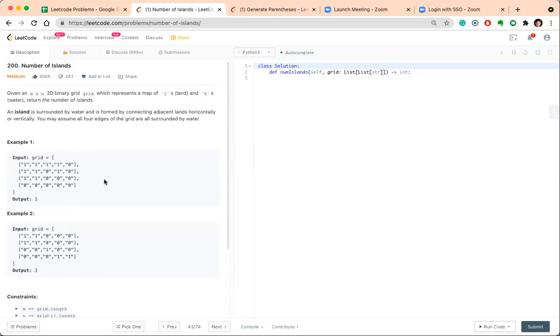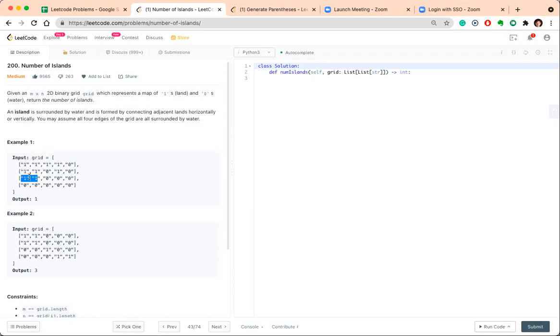What we have to do is find how many islands are possible. So what does that tell us? Like this is land, this is land. Since these two land cells are adjacent to each other, this is just one island. All of these which are adjacent to each other are part of a single island. The island starts from here, goes all the way till here, and these four are also part of it. So this is the island.